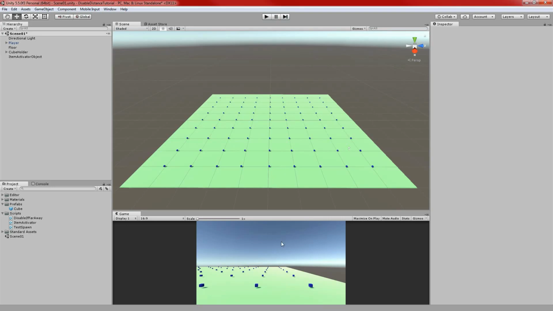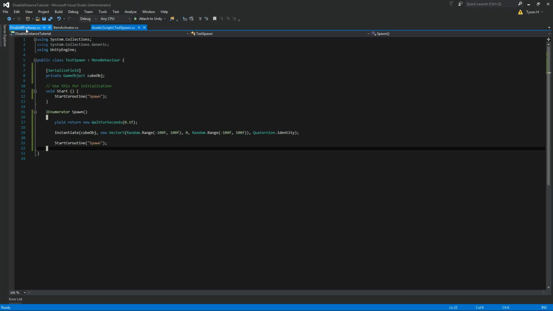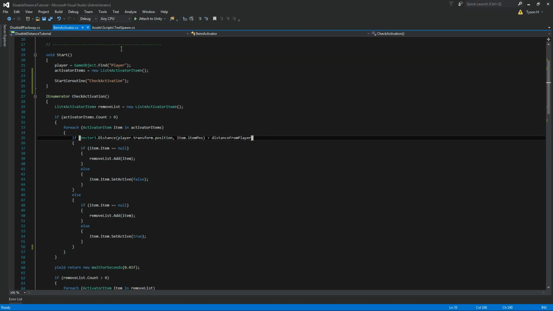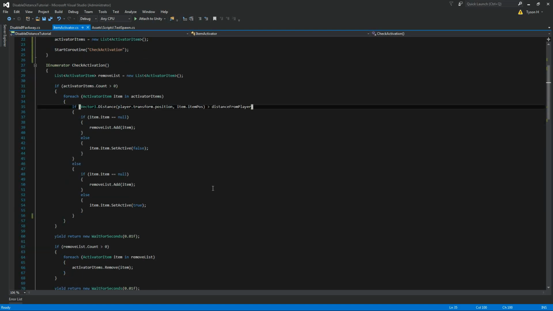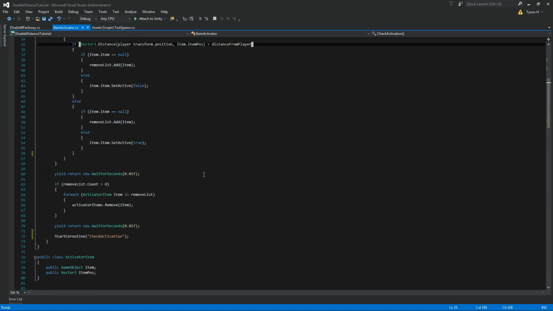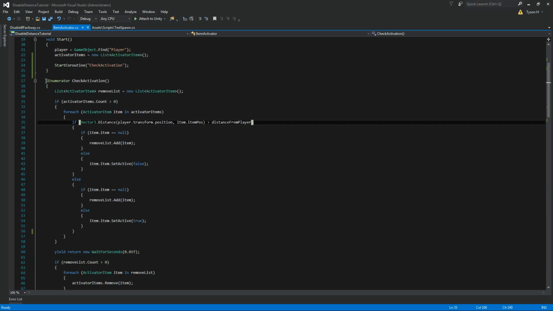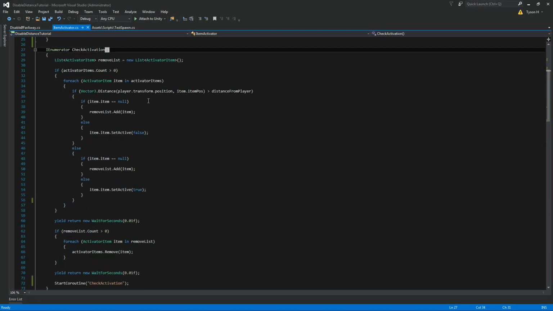Now, why this might have caused a few issues for people, so I'll bring up the item activator script that we had in the original tutorial, and this is the one that does most of the work. This is the script that's constantly running and checking and seeing which objects need to be active and which ones don't. Now, it does all of that in a coroutine, and I enumerate here check activation,